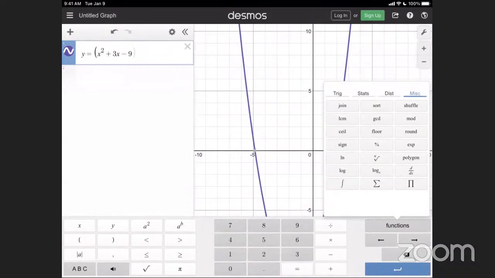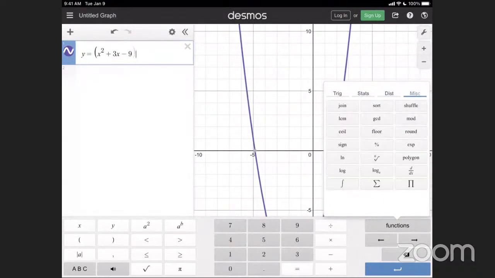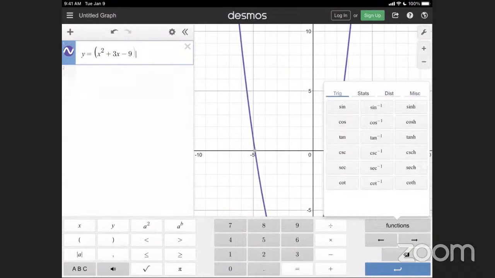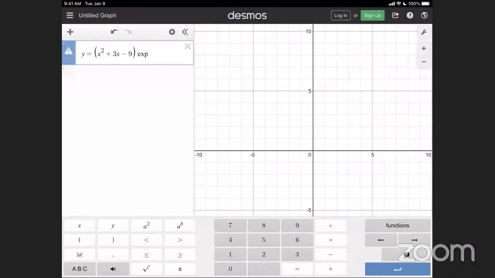Is it ln? Well, it's the inverse of ln. Oh, true. Maybe it's sitting here already. I don't see it. I mean, it's definitely one of the most important functions, so it should be here somewhere. Is it exponent? No, it's not exponent. Did I just write e to the x?